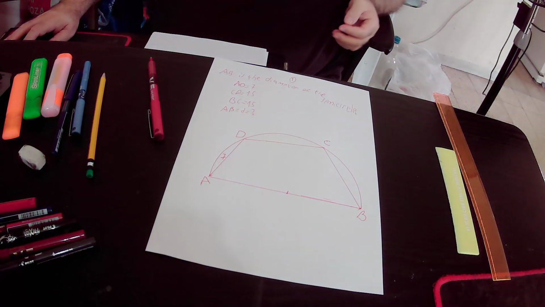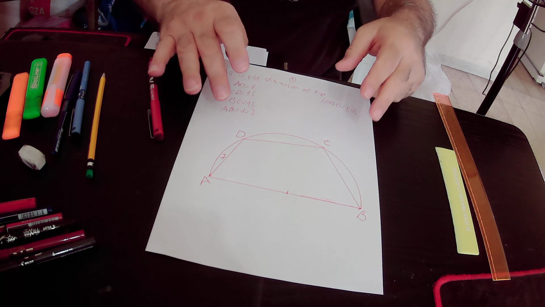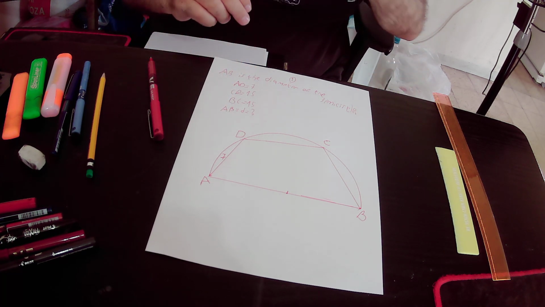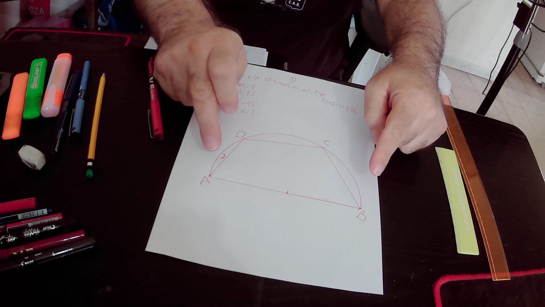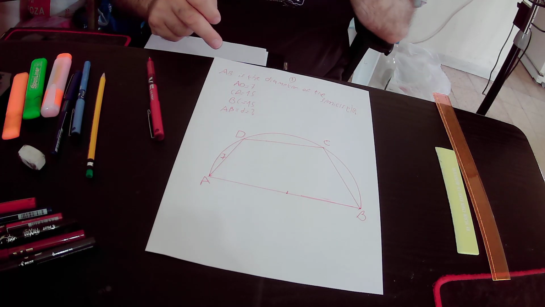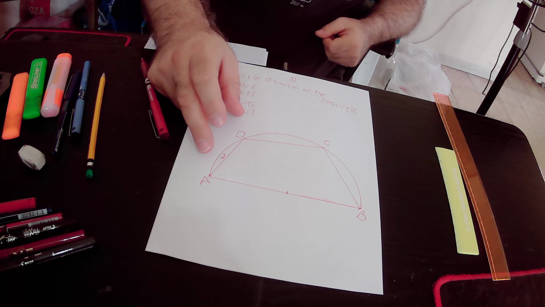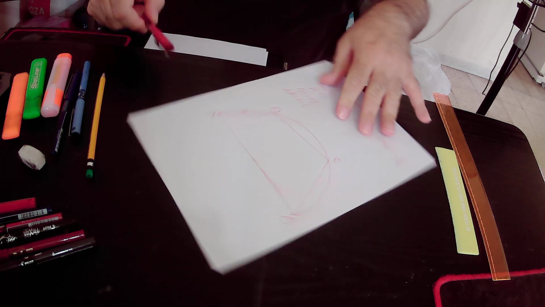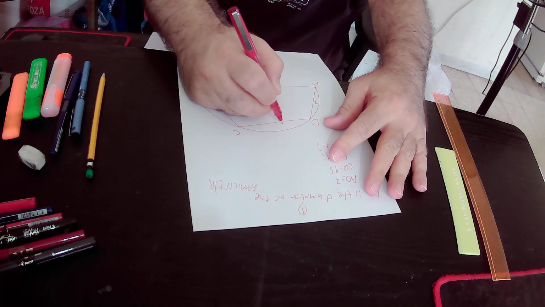Hello, in this lecture we will find the diameter of the semicircle. In the drawing we have a semicircle. AB is the diameter of this semicircle. Chord AD equals 7 units, and also we know